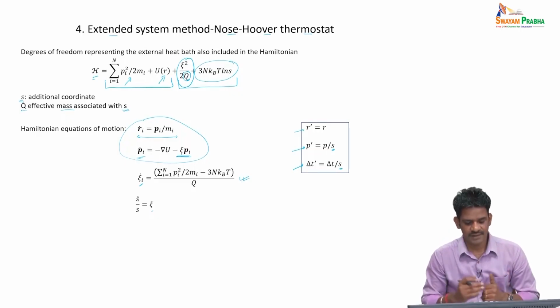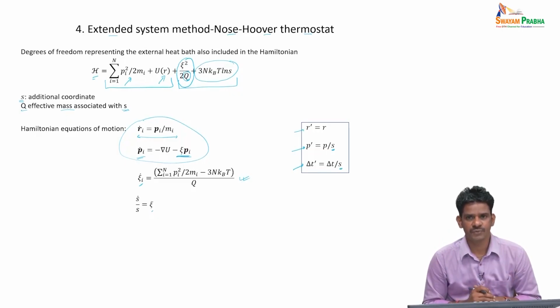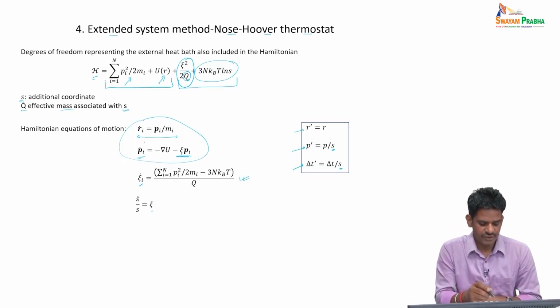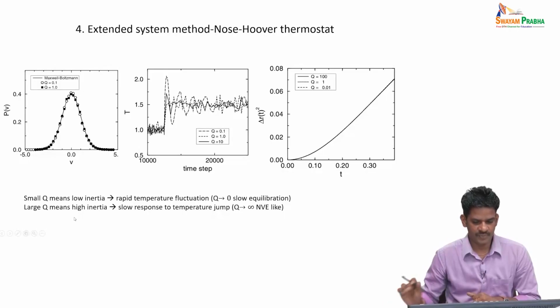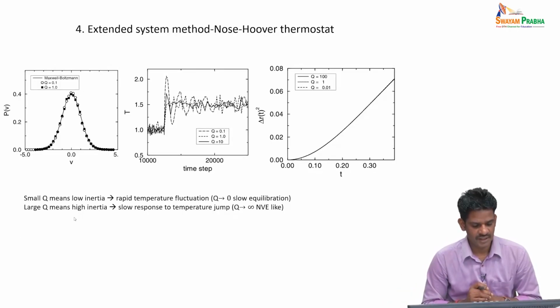From there we derive the system of equations of motion, and then we simultaneously solve. So, this will lead to an additional computational cost, because apart from these two we also have to solve for the additional 2 degrees of freedom as well. So, now here in this Nose-Hoover method, we look at the effect of the mass, the initial mass Q,